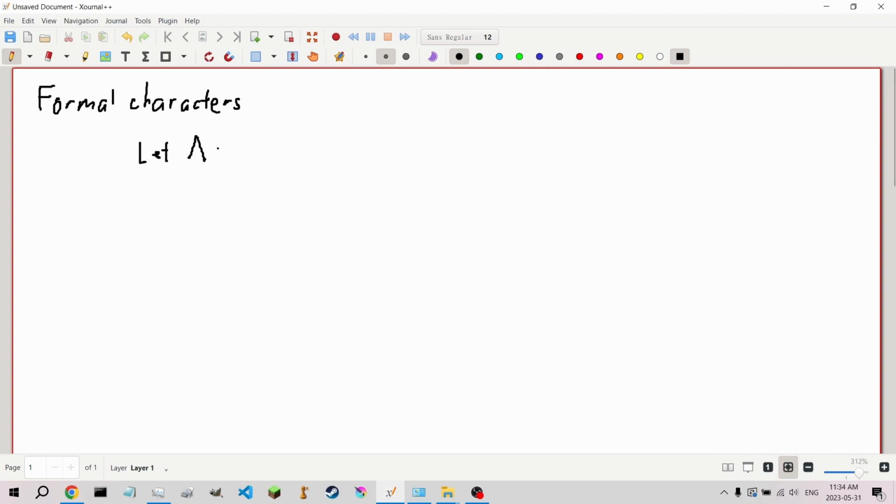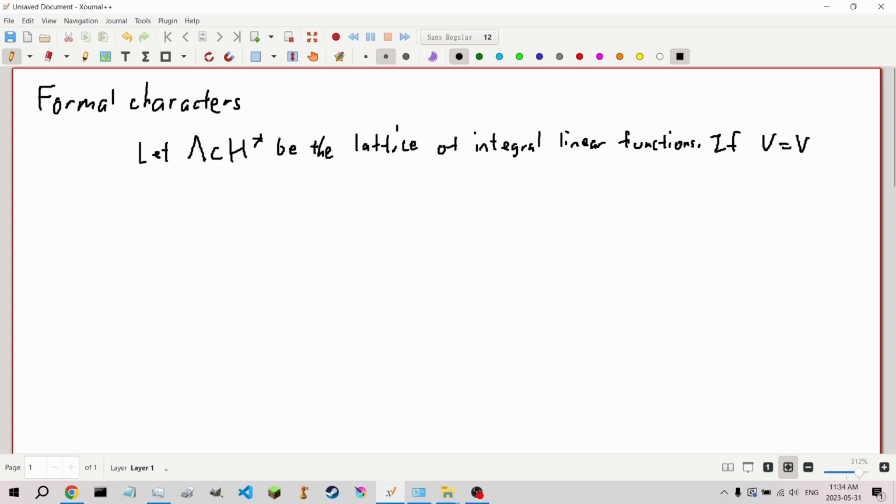So let lambda and h star be, as always, the lattice of integral linear functions. If V is V lambda, lambda in lambda plus,